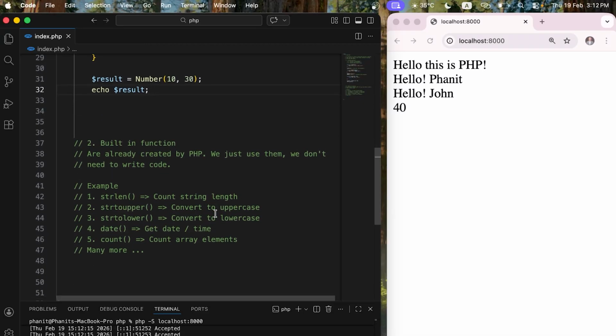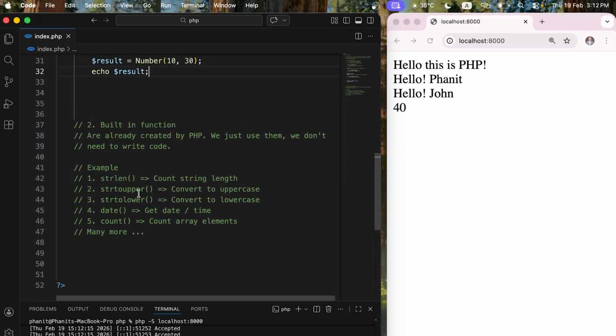So right now I'm going to show you about built-in functions in PHP. Built-in functions are already created by PHP. We just use them. We don't need to write the code. So I'm going to give you examples, five examples. So the first is